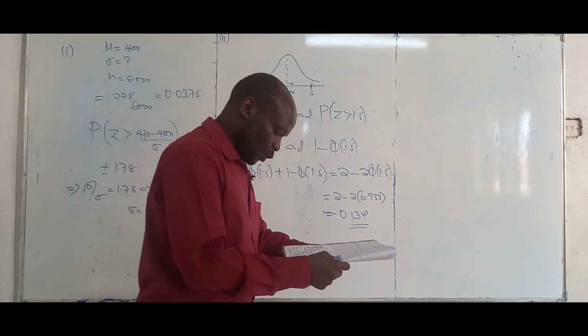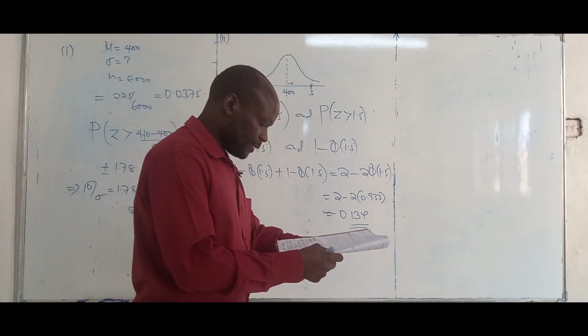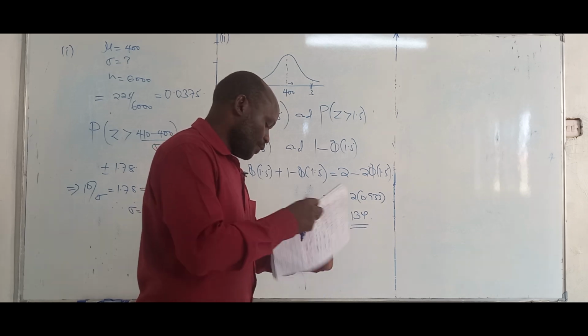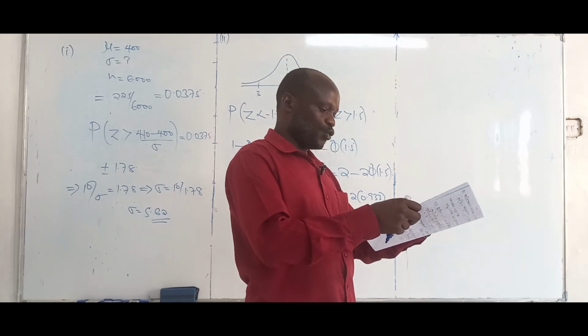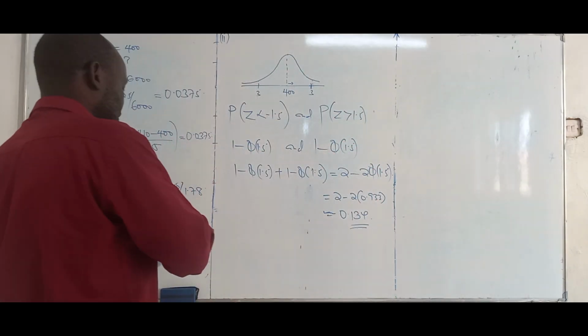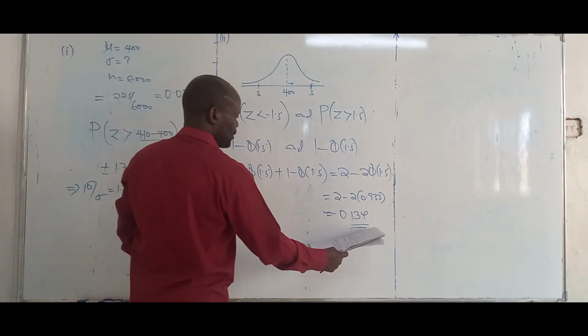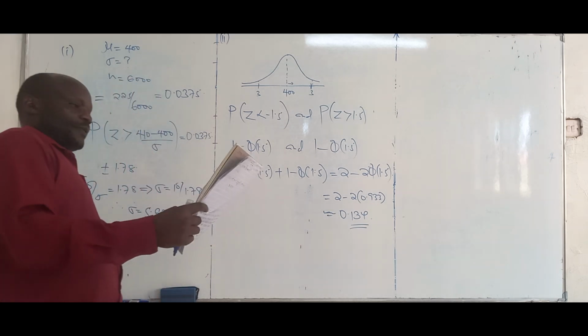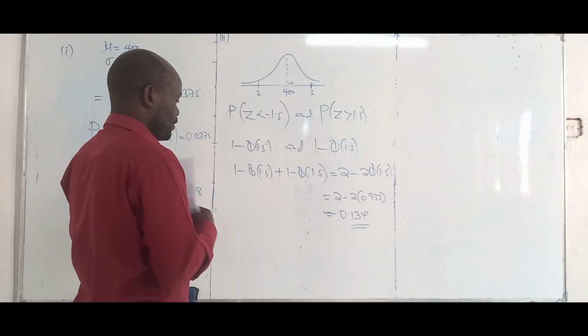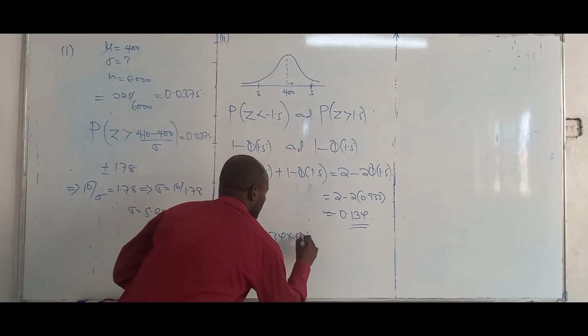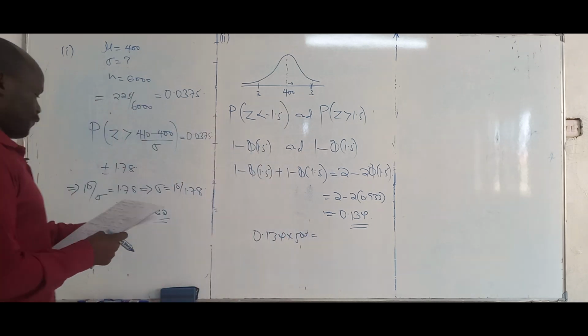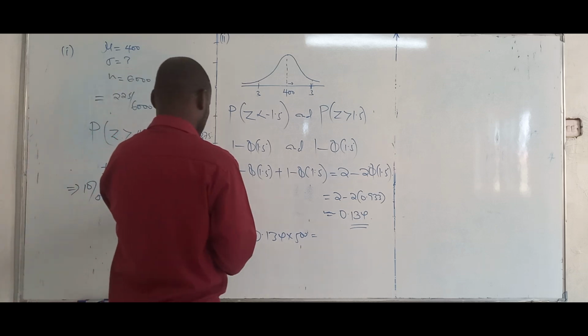But that was not all. We are asked how many packets would you expect? So we need to multiply this by 500 because there were 500 in number. So we'll have 0.134 times 500, and if you multiply those two values, you should get about